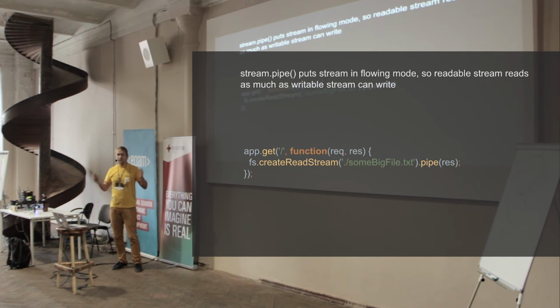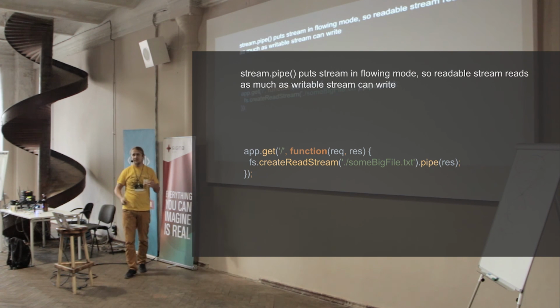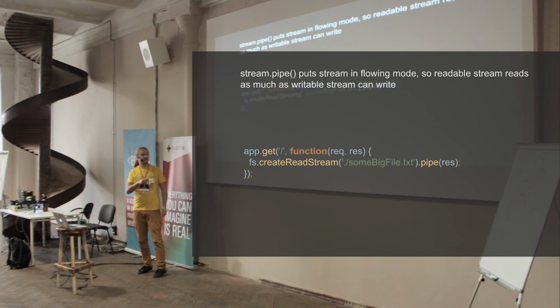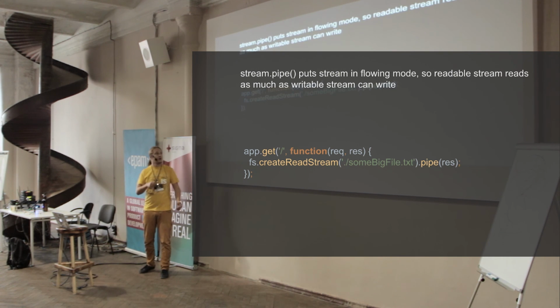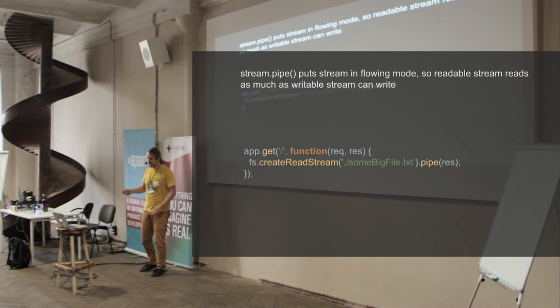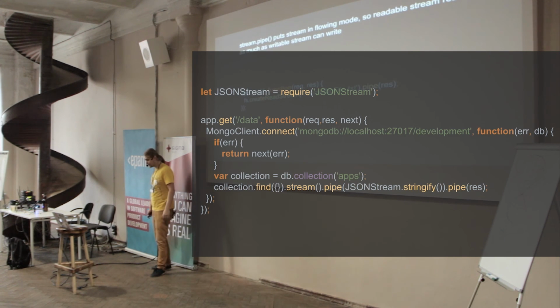But also it has some internal optimizations. For instance, if the backend can't send all data right away, you can say to the read stream, hey, stop for a bit. So there are some events called drain and pause. So the readable stream can stop reading data for a while, until the response finishes writing its data to the API client, and after that we can continue sending data.